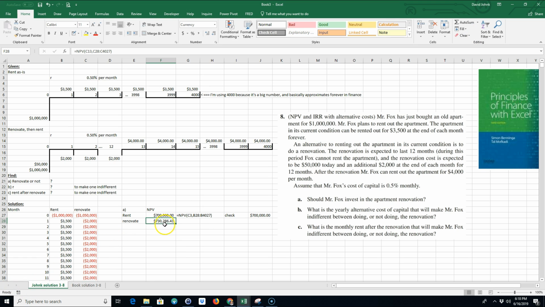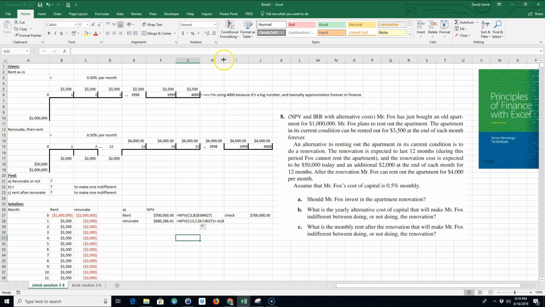Okay, I see what's wrong. If you look here, what did I forget? What's different? I spent $50,000 in here, so I have to add in the 50,000. So I would go plus a negative 50,000, right? Because I spent 50,000. That was the difference between the first two. So